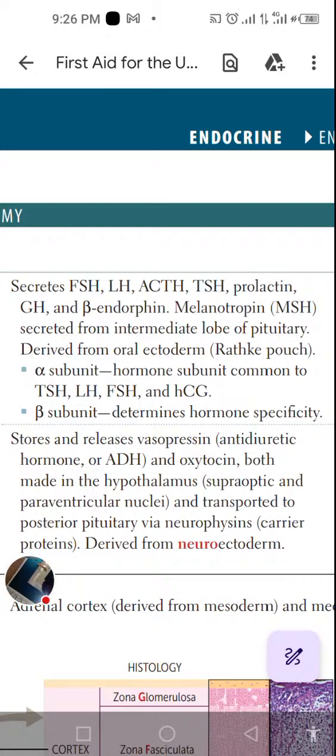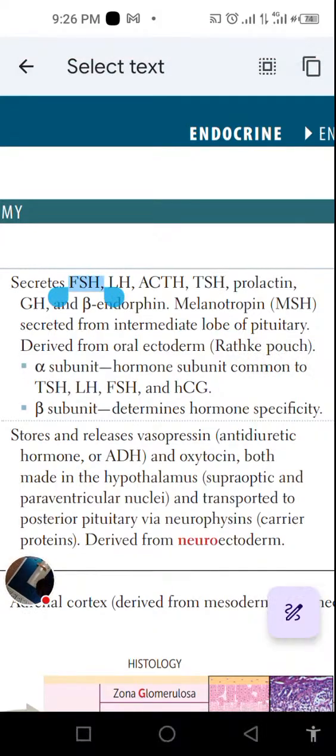Now what is the function of FSH? It helps in the release and maturation of the follicle in reproduction in females. LH also helps in luteinization, luteinizing hormone. ACTH, adrenocorticotropic hormone, acts on the adrenal cortex to release the hormones that are present in the adrenal cortex: zona glomerulosa, zona fasciculata, zona reticularis. TSH, thyroid stimulating hormone, stimulates the thyroid gland to release T3, T4, and there is also a negative feedback